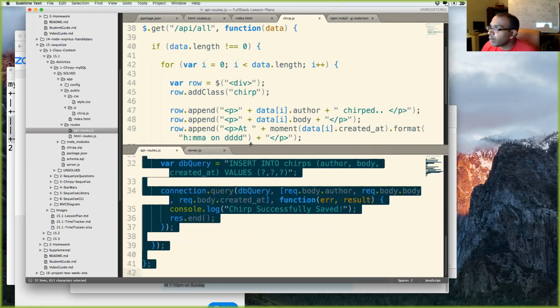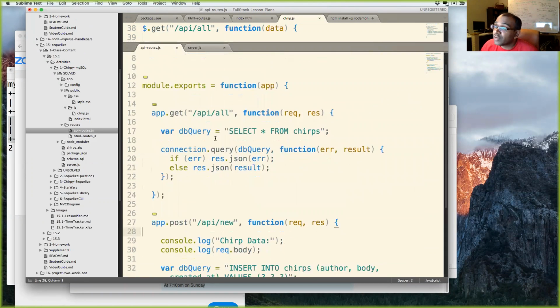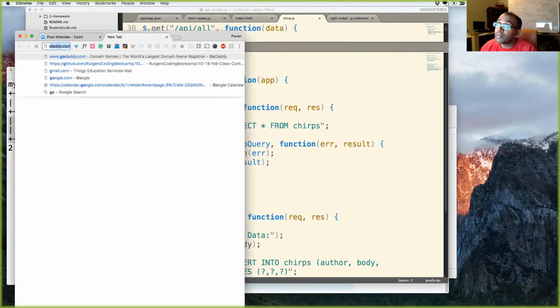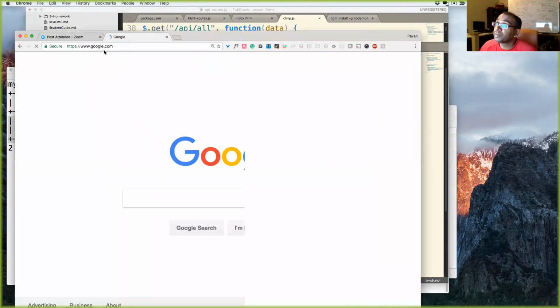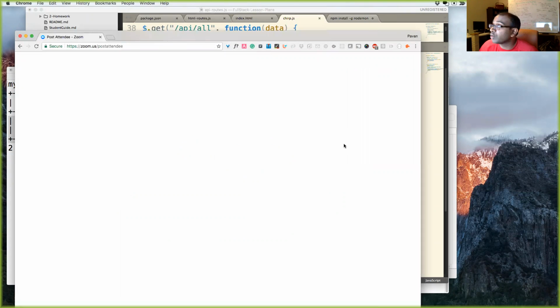So if I go to the API routes right here, there are two main differences with GET and POST. And this is, guys, an interview question. Expect this on an interview. It's a common interview question: what's the difference between a GET and POST request? A GET request can happen over the browser. When I go to google.com, I'm making a GET request to google.com right now. So a GET request can happen over the browser.